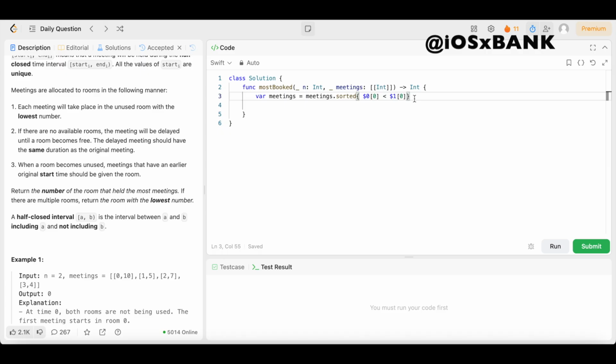Now we need to track when each room becomes free. Initially, all rooms are free at time 0. So we come underneath this, declare a variable called endTime, and we'll set that equal to an array. Open up the brackets of 0,